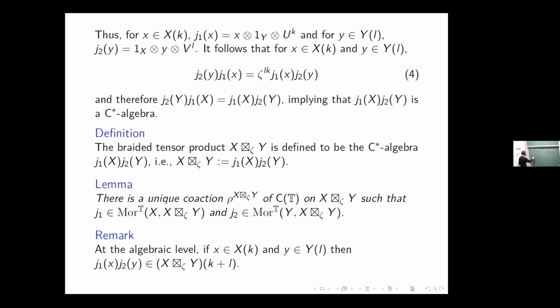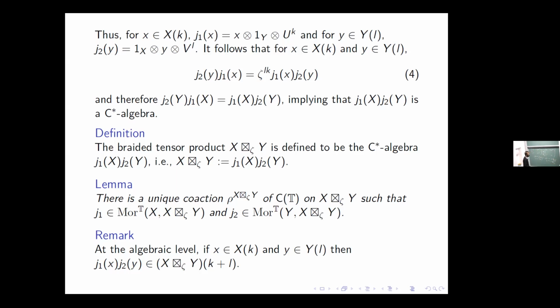So recall that, in the ordinary case, this is the embedding of X inside this algebra, and similarly for Y, I should have something like this too. And this is J1, so it sends X to